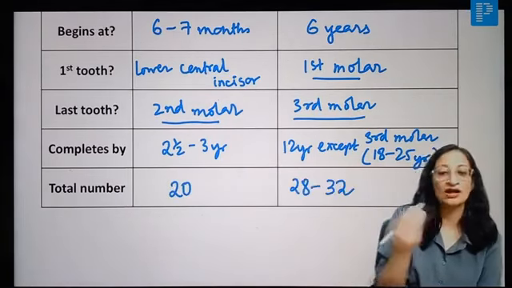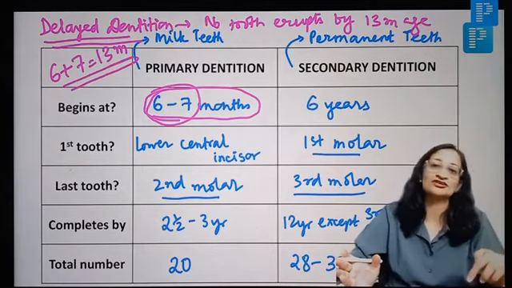And even though the first tooth usually erupts at the age of 6 to 7 months, when do you call it delayed dentition? So we call it delayed dentition only when no tooth erupts by, yes, can someone tell me? Very good, Mohammed Farman, Ojas, Prashant, Prem Singh, Tawfiq, Himanshu, Aman, Anjum. Yes, I want answers from more of you. So delayed dentition is when no tooth erupts by 13 months of age. How can you remember? 6 to 7 months, primary dentition usually begins. But if no tooth by 6 plus 7, that means 13 months, then it is delayed dentition, right? And some important causes of delayed dentition we all know, like rickets, hypopituitarism, hypothyroidism, Down syndrome, cleidocranial dysostosis, and so on.